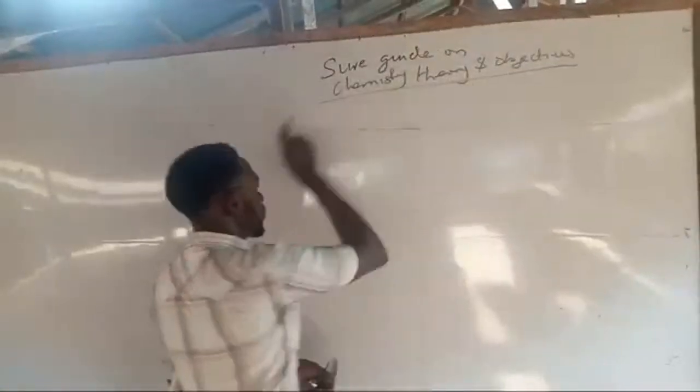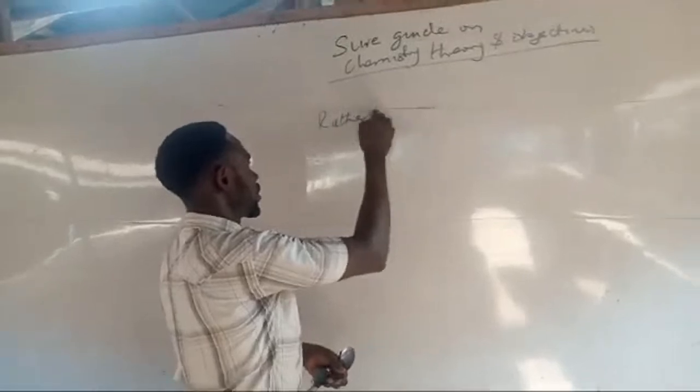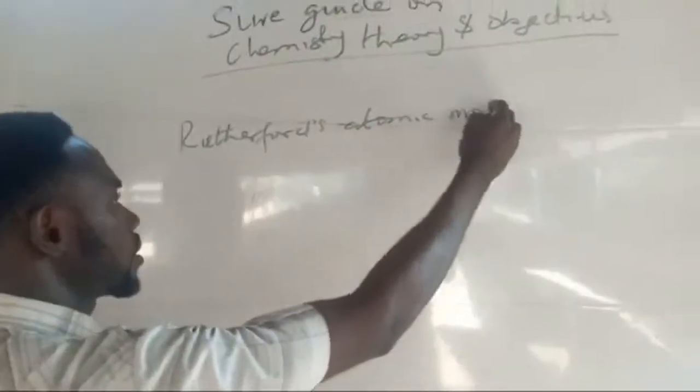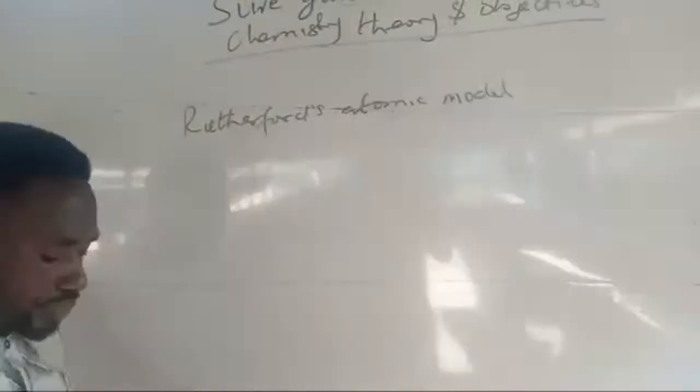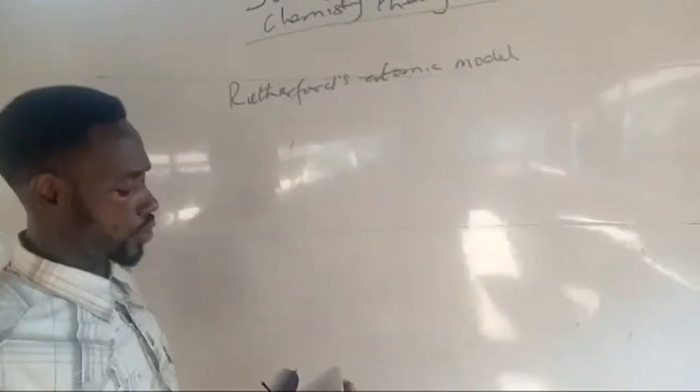So here they are asking us to explain Rutherford's atomic model. From the question here, they tell us to explain this, but I will use this opportunity to explain other